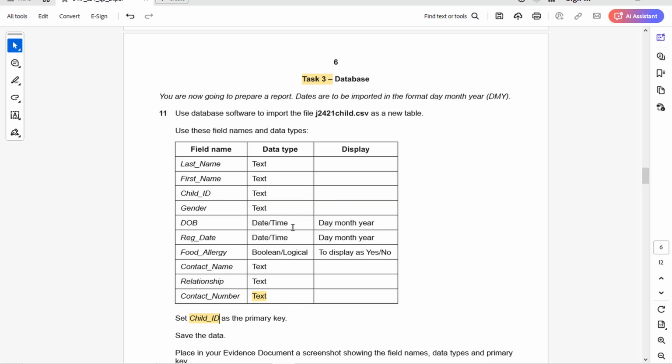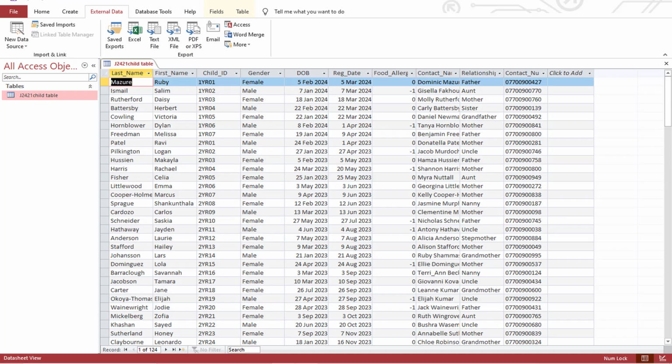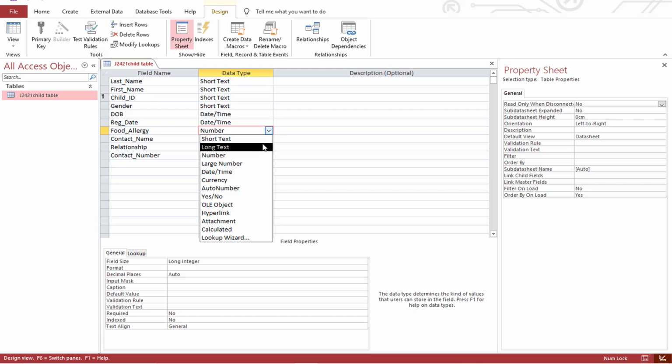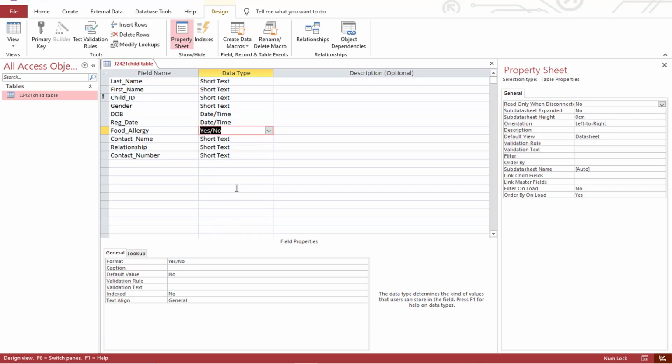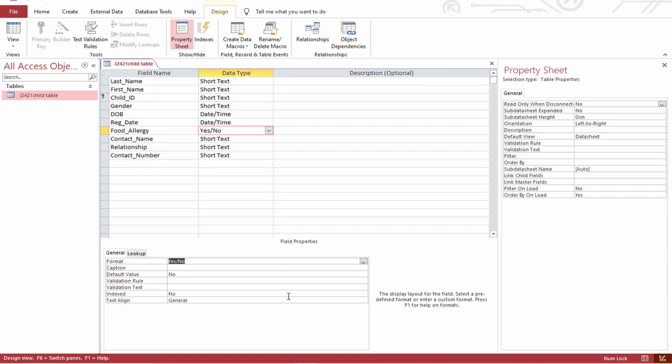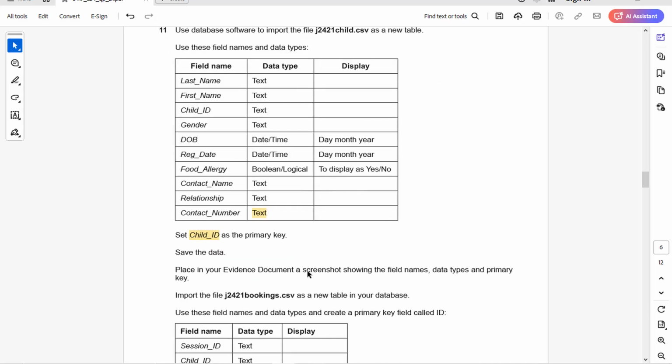We'll still change our view so that we get this information correct. The food allergies, yes or no. So I need to change to this view. Food allergy, yes or no. And the format here, maintain it as yes or no. Then the registration date is day, month, year. Save the data,